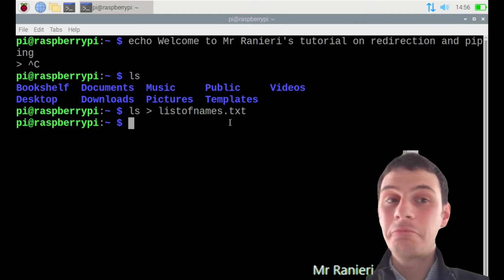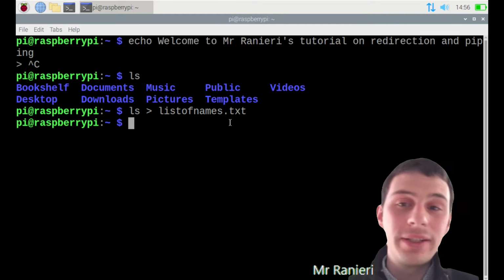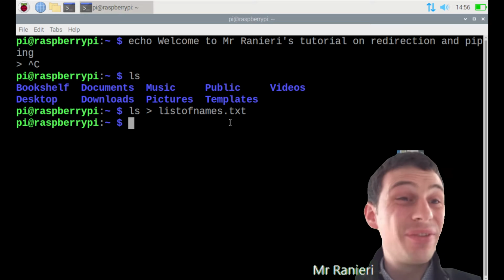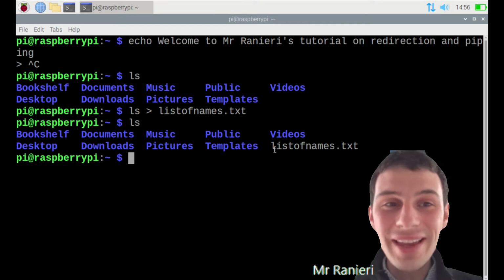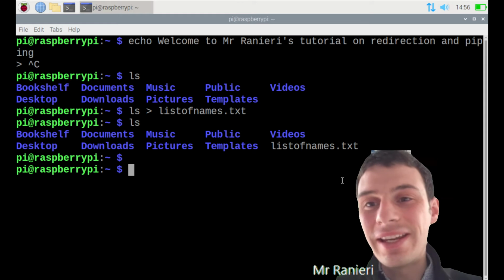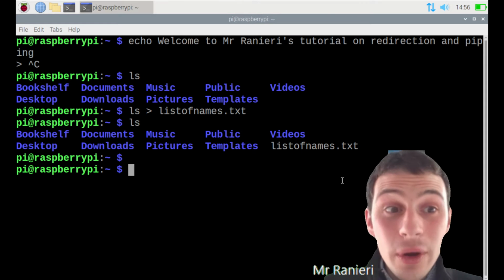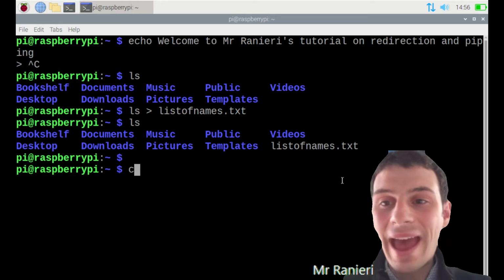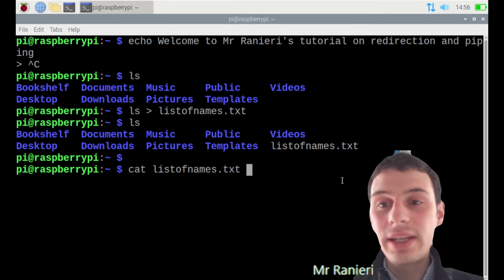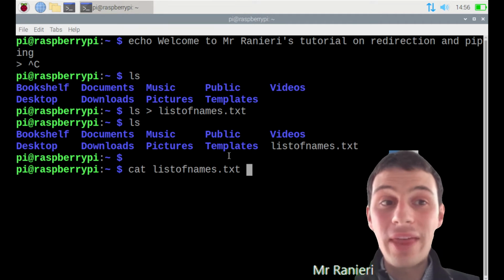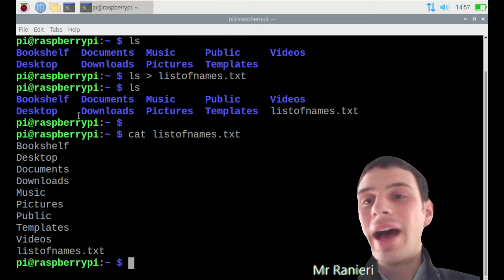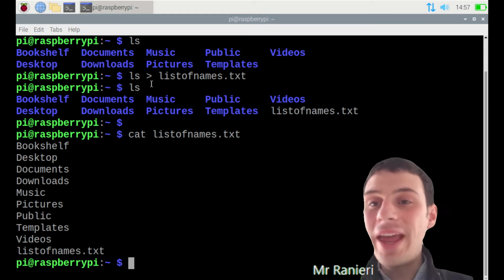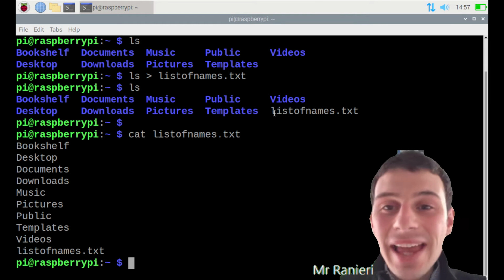Enter. That seemed to work without error. It didn't throw an error. Let's see if it really made that file. Let's run ls. There we go. There's that file, listofnames.txt. And now let's see what it contains. I can use cat to see what is inside that file, and cat will print that file to the terminal. I press enter, and sure enough,